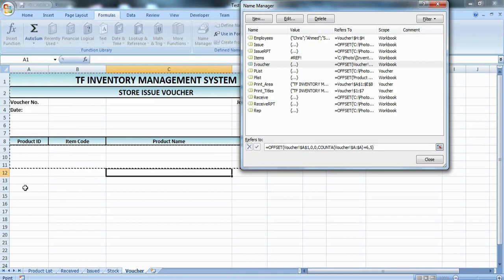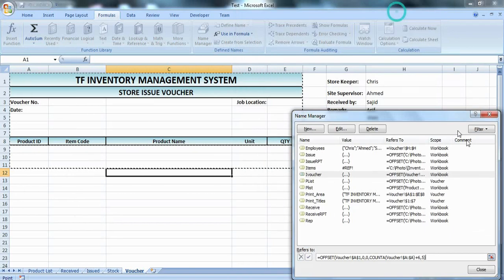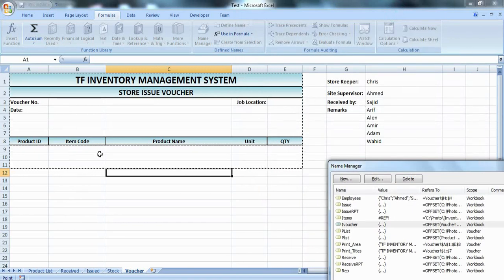Why did I create it like this? Because when I add the products here, I want it to give me extra 4 rows, and after those extra 4 rows these designations should be added, so that there is a space between the products ending and then this designation, and then they can sign here.